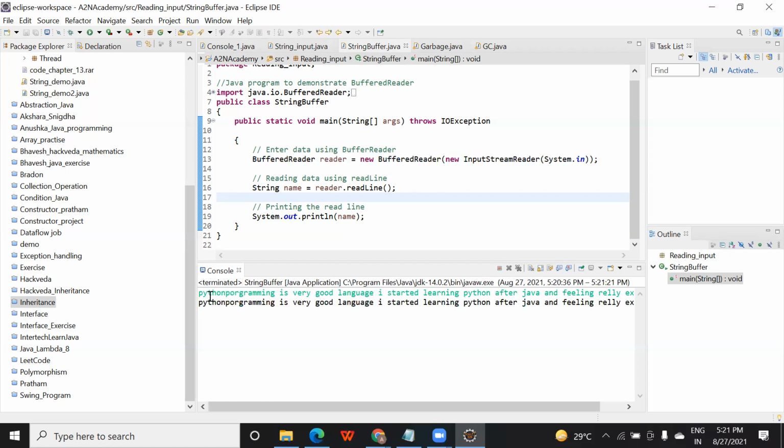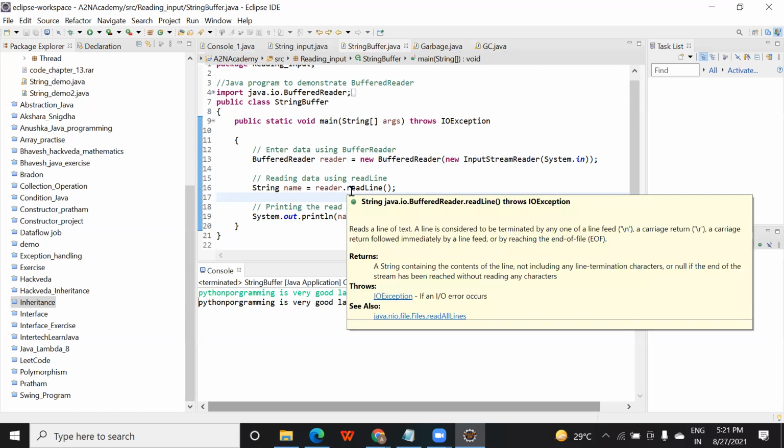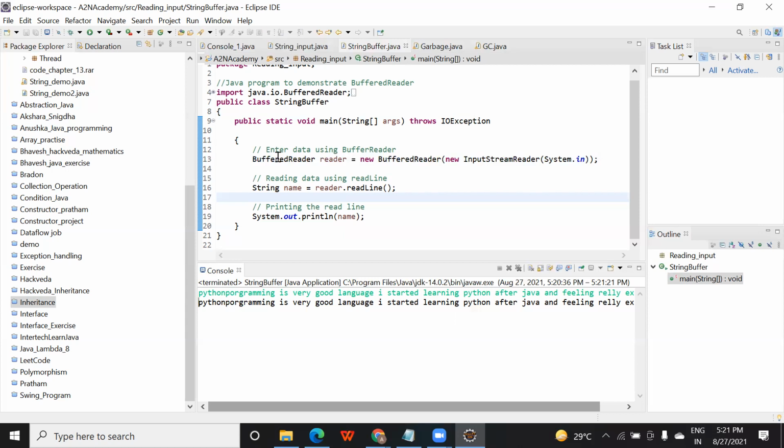Now see, as I press enter, enter means the end of the file. So as I press enter, it printed the whole line as it is. You can see it, right? So you can print as many lines as you want here. There is no restriction. But if you use an array, you have to specify the size. If you use a dynamic array, then it is fine, but in a static array you need to give the size. In a dynamic array also, based on the memory, it can fail. But this read line will read the complete line.